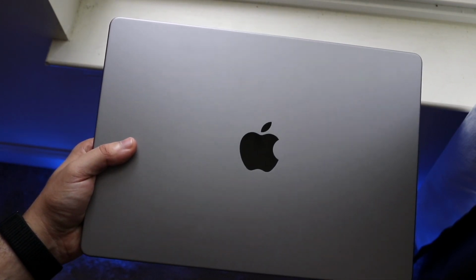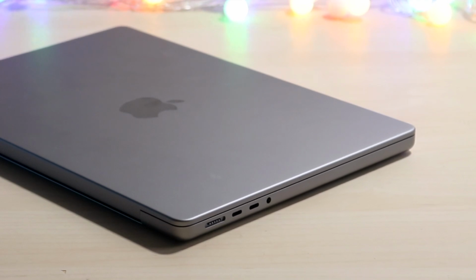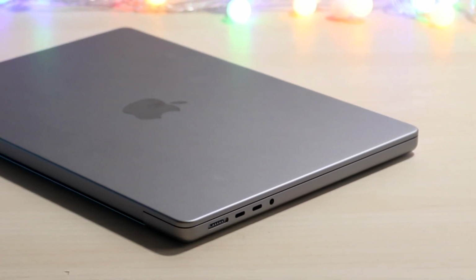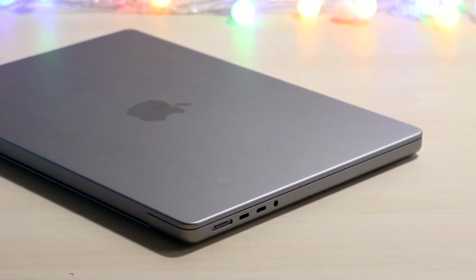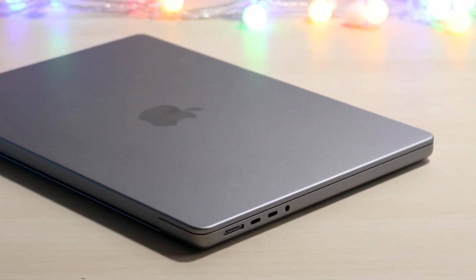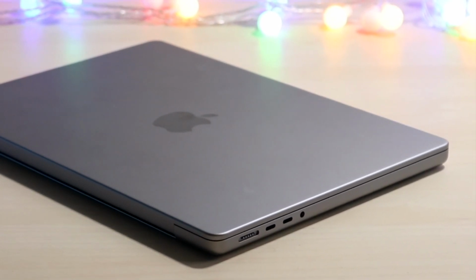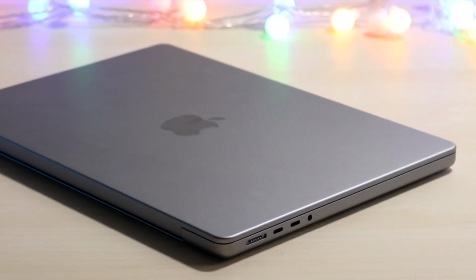But there is one area where I'm having a hard time understanding something that is very strange to me, and that can really only be related to one specific thing, and that is the display. And it's not even the notch, it's actually ProMotion, aka 120 Hz. Now the specific thing that's weird that I haven't heard too many people talk about is